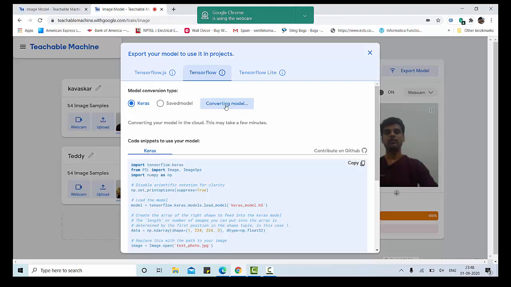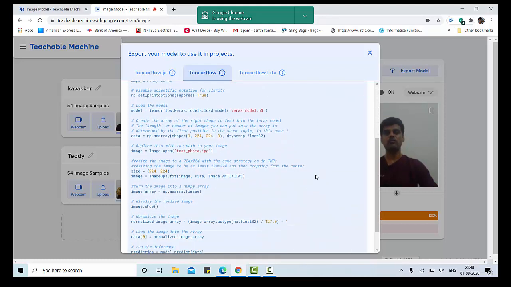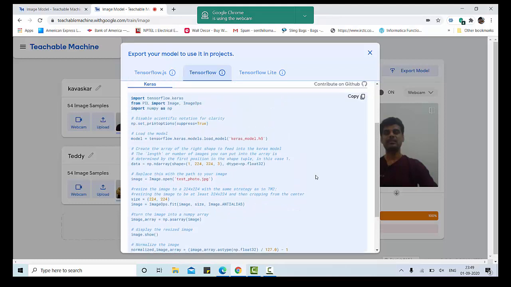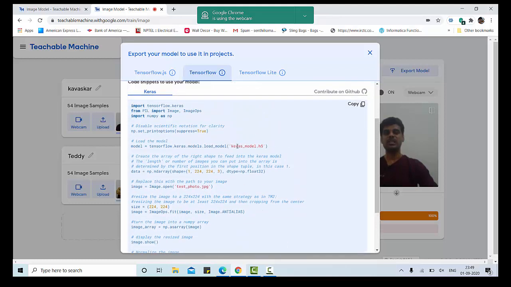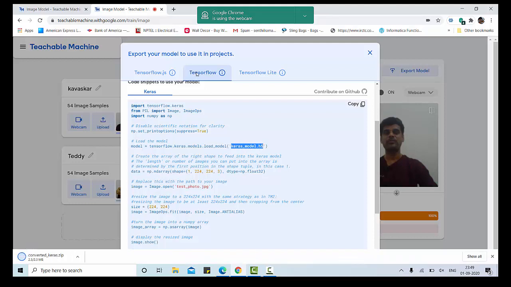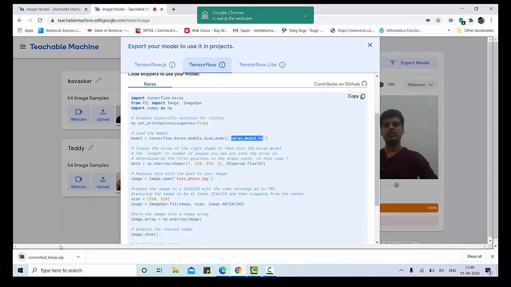It will take quite a bit of time. So meanwhile, you copy this code. You do not need to remember any content of this code except that we have to make a change in two places. One is to load the model, where exactly you have the downloaded model, the already trained model, located.